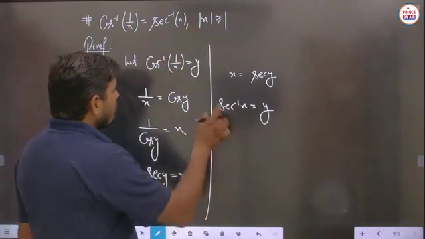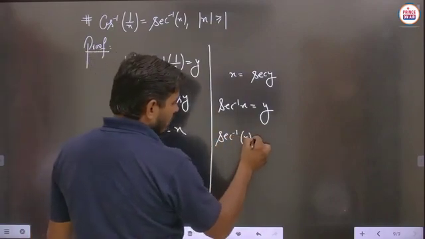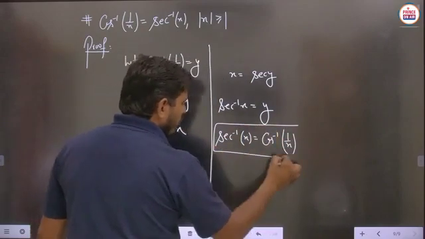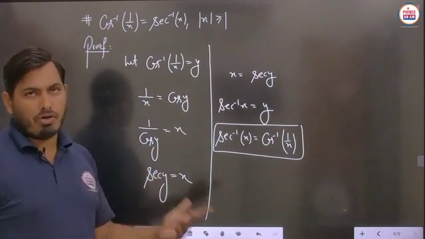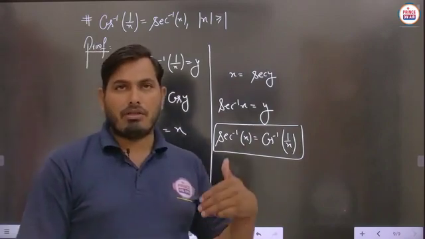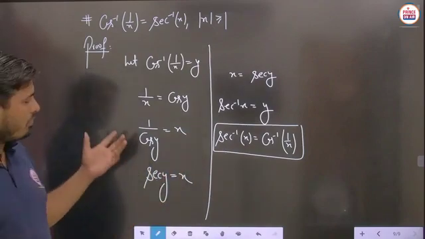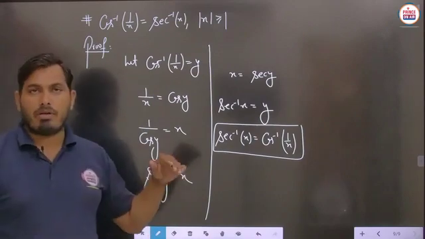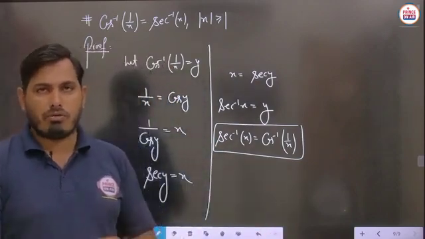So now, y is what? Y is cos inverse of 1 upon x. So you can say that sec inverse of x will become y. Y is what? Cos inverse of 1 upon x. So easily you can do the proof of these cases one by one, just using the formulas of trigonometry, because here 1 upon sin y is cosec y, 1 upon cos y is sec y. Similarly, in the next part, we will see that 1 upon tan y will be cot y. So we should know the basic formulas of trigonometry also, because all these sections depend on trigonometry. If you know trigonometry, then definitely you will be able to solve these types of questions.